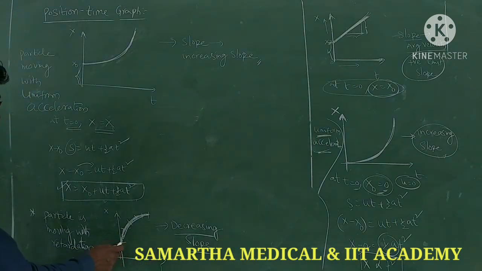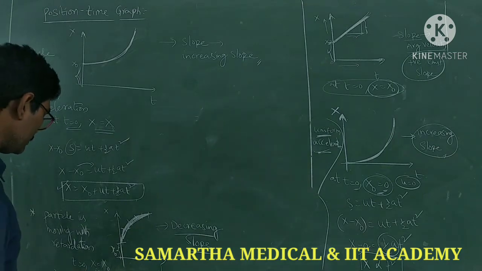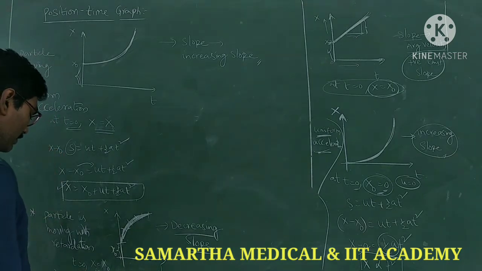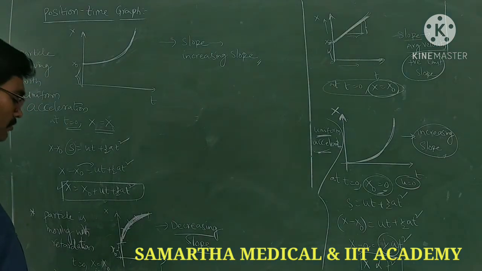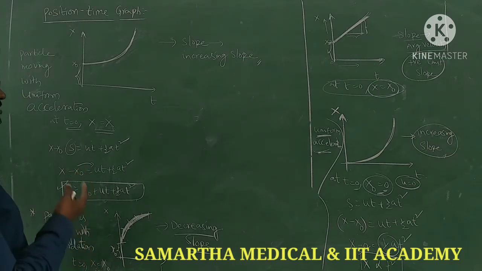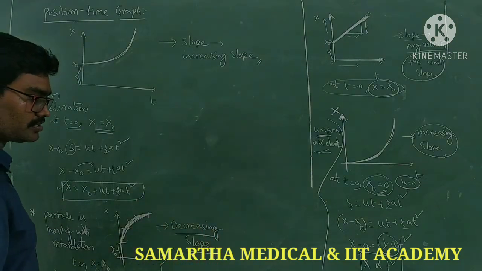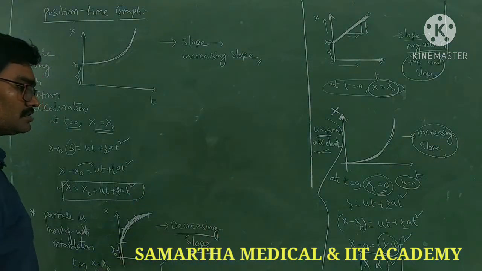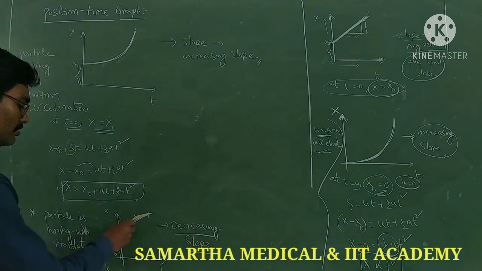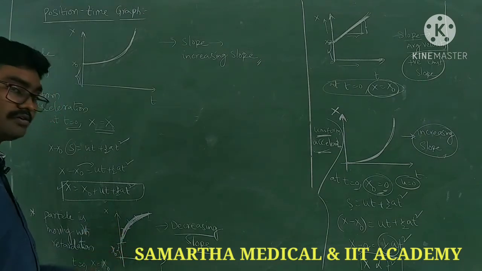So this is for which one you can give an example. If you take a particle with x minus x naught equal to ut plus half at square, moving with retardation, suppose a vertically projected body, a body thrown in the vertically upward direction, that will be moving with retardation. Or a body going along a straight line with some constant opposing force acting on it will also come to rest after some time, so that also you can say the body is going with uniform retardation. In that situation you can draw the position time curve like this, right?